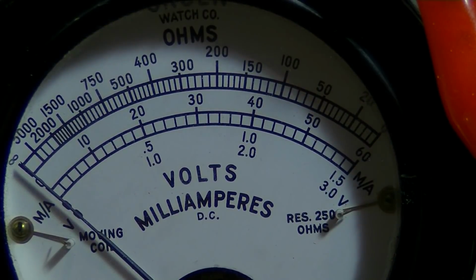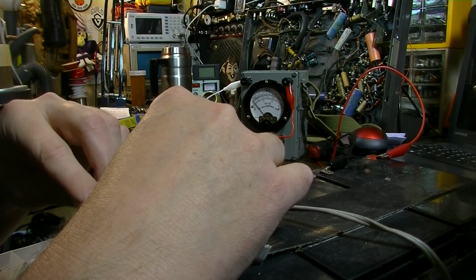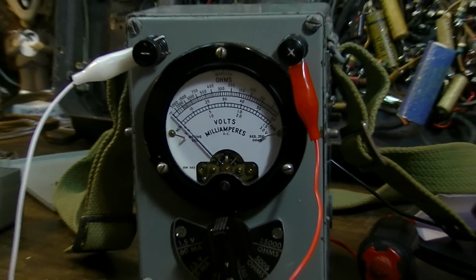It's just this other 12-volt battery. And that's, yeah, I'd say it's about a quarter of the way up. That's about 12 volts. So anyway, yeah, very cool. It actually does work, and I'm not surprised. I mean, this thing is